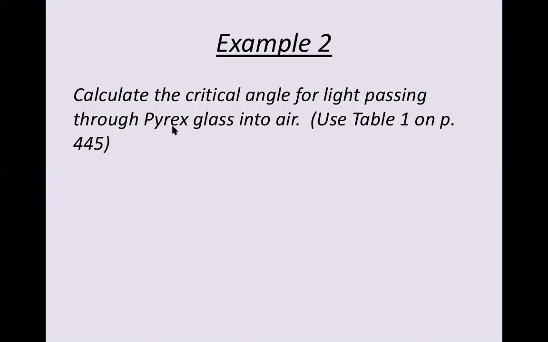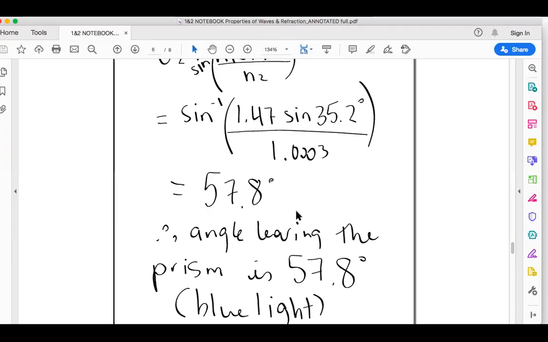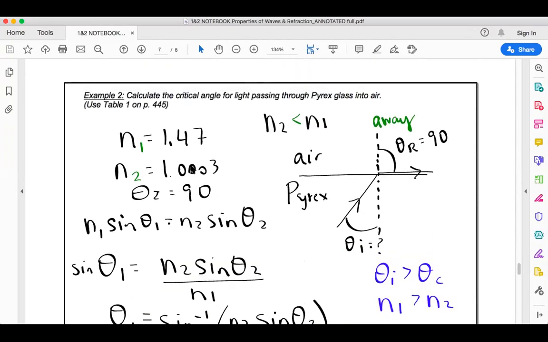Okay, let's try an example of that, the last example. So we calculate the critical angle for light passing through Pyrex glass into air. So first thing is, you'll need the indices of refraction, which means you'll need to know what you're going from and into. So we look up our indices of refraction. Those are our givens, 1.47 and 1.0003. We draw a little diagram. I always draw the light coming from the bottom with the total internal reflection